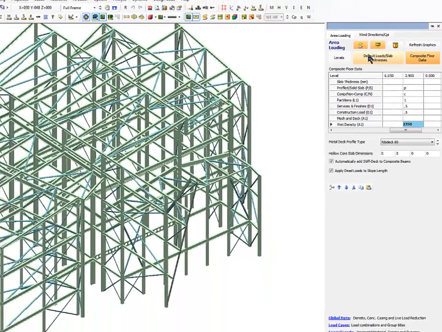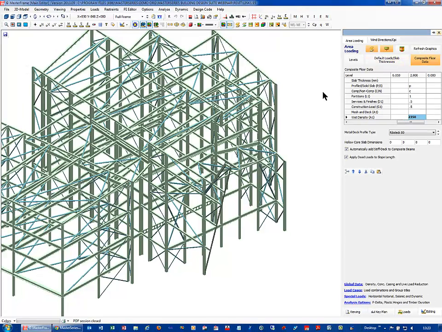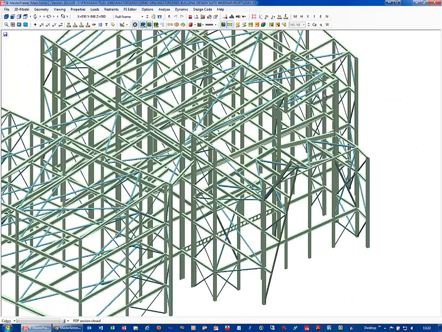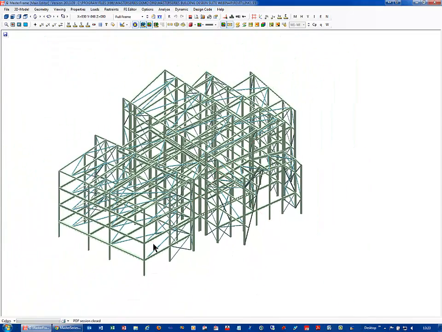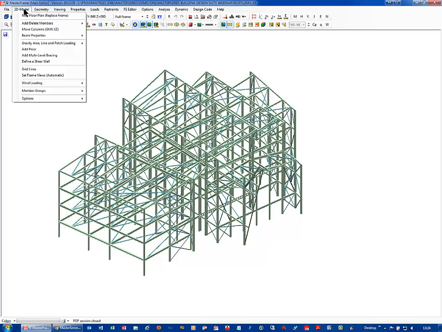So coming back out, we don't actually have anything done yet because we haven't told it where the area loading is. We just told it if there is area loading, these are the intensities on these floors. So let's come along and add in some floors. So I'm going to put in some panels,